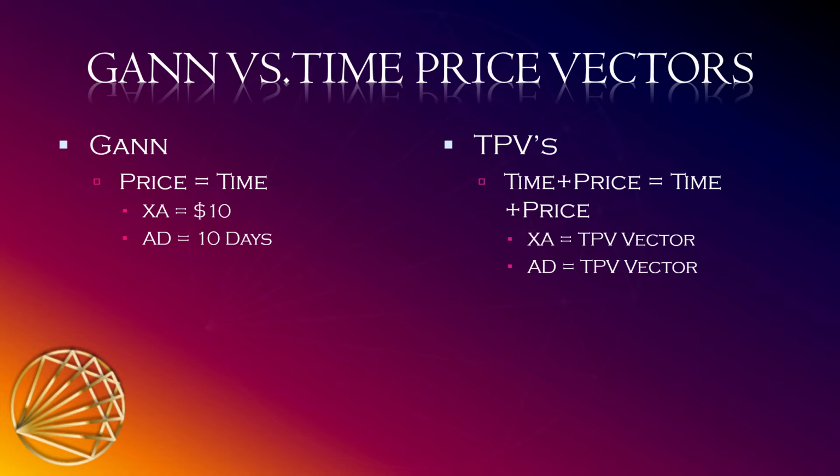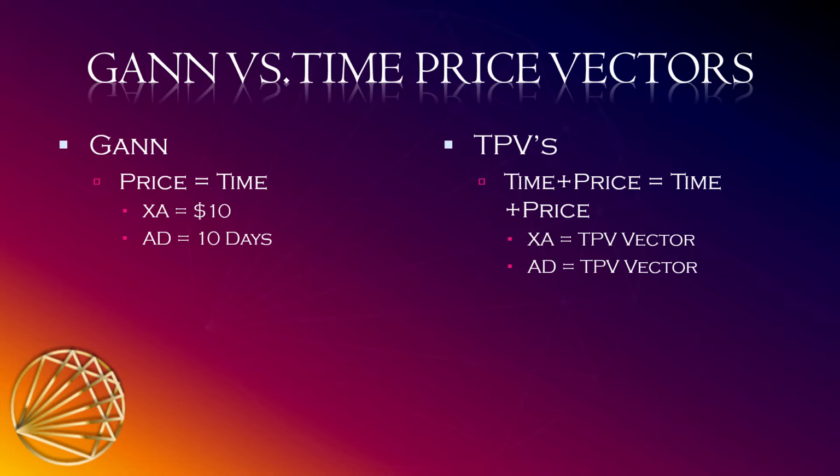Now, Gann's techniques appear often on charts. However, there's a better way, and that is time price vectors. What's the difference between the two? The first one isolates price and time, and the second one, TPVs, will blend time and price together on each one of the legs. So for an example, if we look at XA, what we're going to do is look